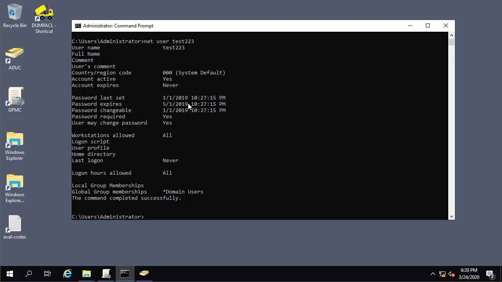So I'm just going to use this as an example. This is a test account, of course, and I want to show you how I'm going to reset the age of this account without actually changing the user's password or changing the maximum age on the domain. So here is the trick. I'll show you a manual way to do it, and then of course you would want to script to automate